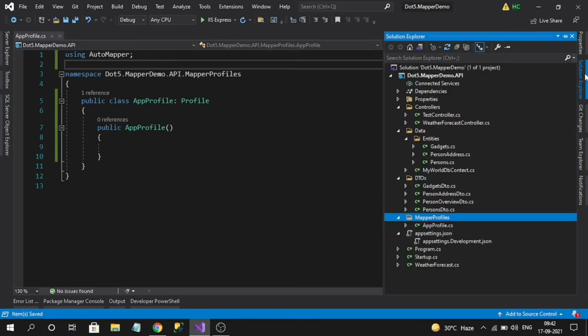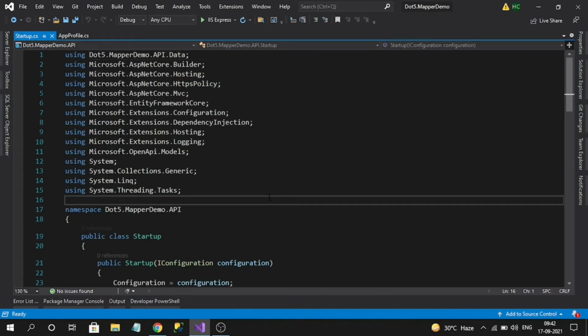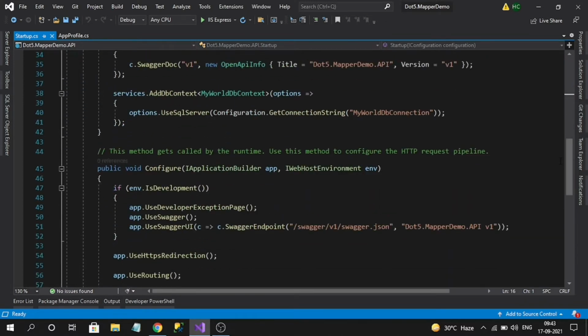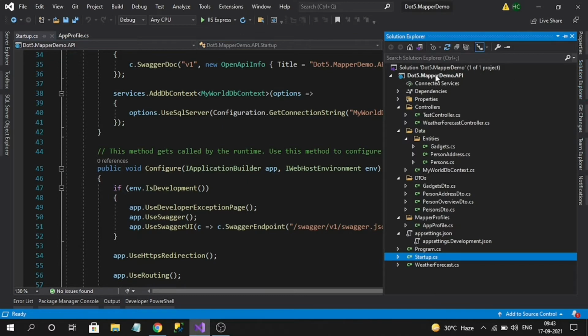Next thing is we have to register our profiles in the Startup. If you have multiple profiles, there is a technique where you can individually register them. There is also another technique where we specify some root class of our project. Here my root project is the API.